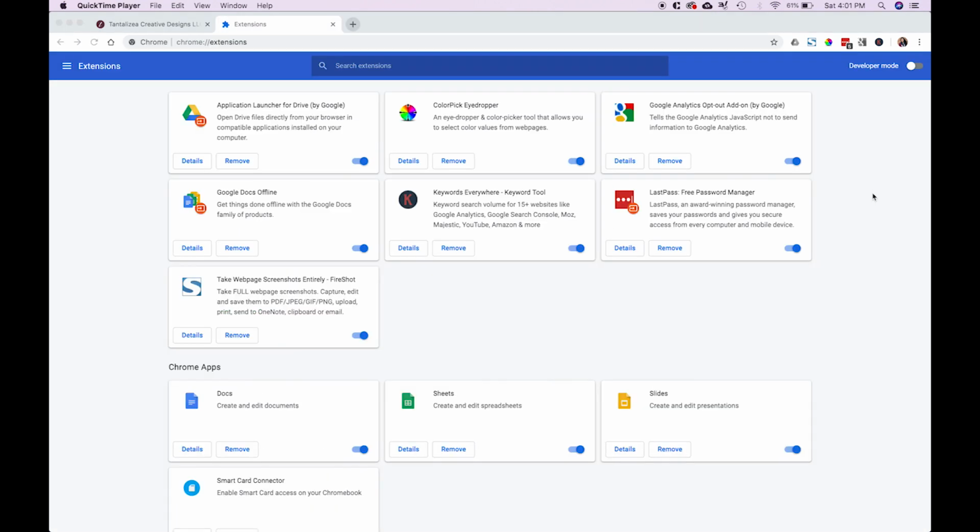So the fifth extension is Google Analytics Opt-out. So if you're tracking your Google Analytics and say you're working on your website and you see you got 5 new visitors within the last hour, and you might think, oh my God, that's amazing, 5 new visitors. But then you realize, oh wait, I've been working on my website for the last 5 hours. That's me. So you want to make sure that your analytics are accurate and it's not tracking what you're doing